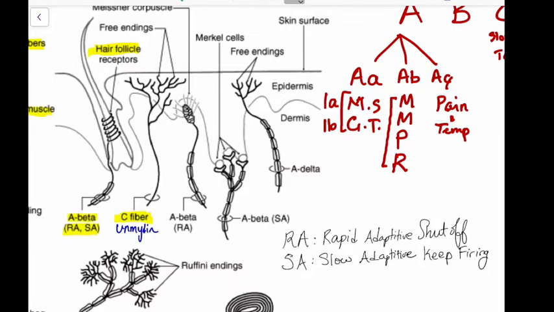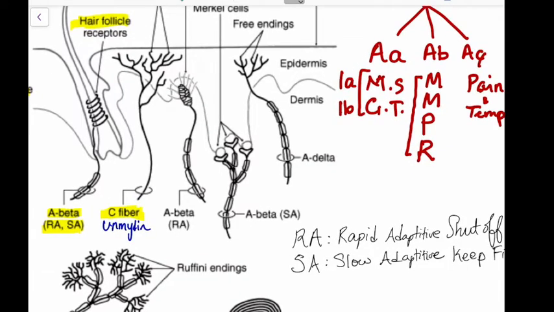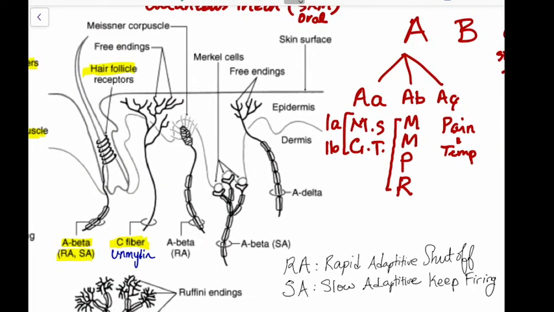Then we have A beta fibers in the Meissner corpuscle up top. So we have Meissner corpuscle with its A beta fibers, and then we also have Merkel cells with their A beta fibers. And then you can see the differential is that Meissner corpuscles are RA or rapidly adapting, whereas Merkel cells are slow adapting. This is due to the fact that our Meissner corpuscles are for vertical pressure or fine 2-point discrimination,